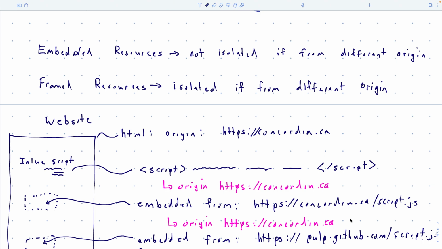Now the question to you is, when my browser dumps that JavaScript into the website, what does it mark as the origin of that? Is the origin of that github.com because that's where I got the script from? Or is it concordia.ca because that's where I'm dumping the JavaScript into?